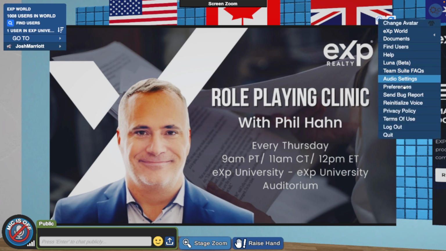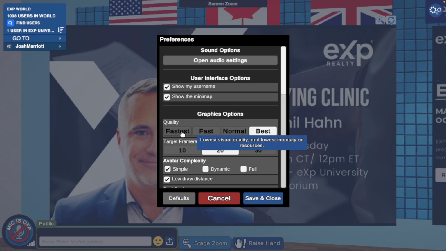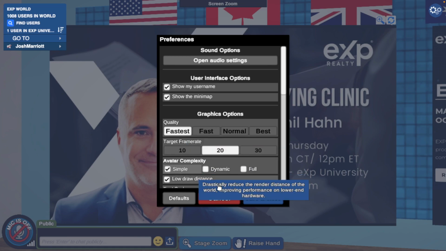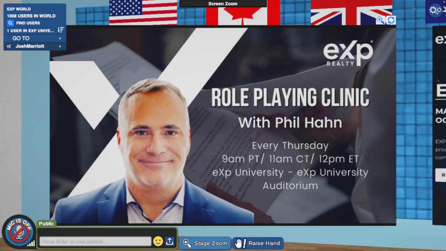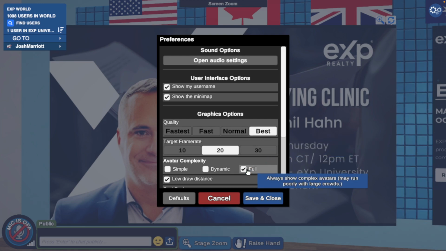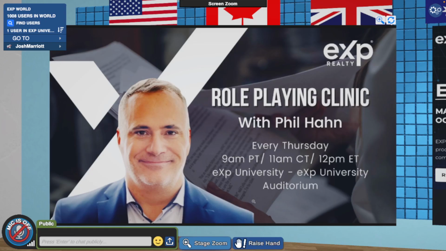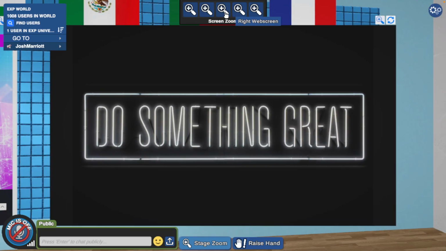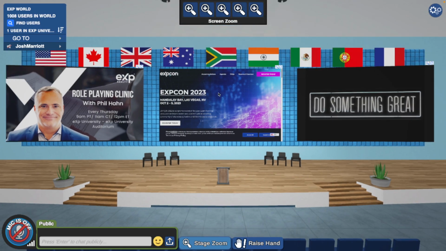And let's raise the graphics back up and see how this, or I'm sorry, they were down. Let's lower them all the way and see what that did. Nothing. Didn't do anything. If I raise them all the way up, if I make the avatar full and I increase the low draw distance, it's still the same. And so whether you make your graphics high or low, it's not going to impact the actual training part of